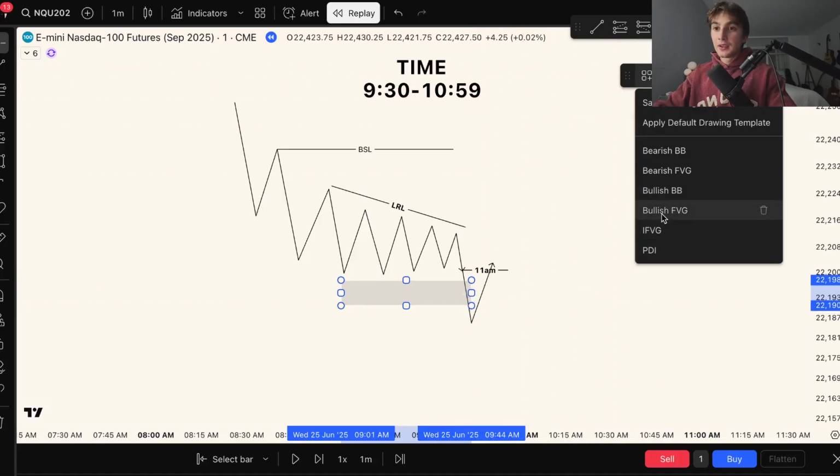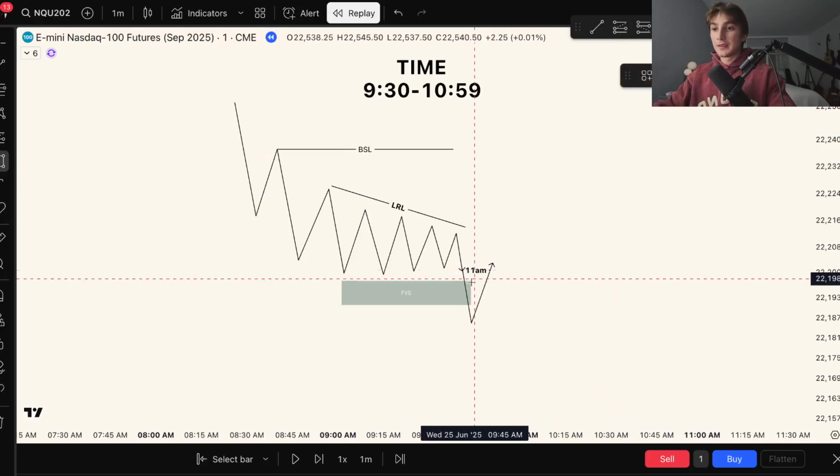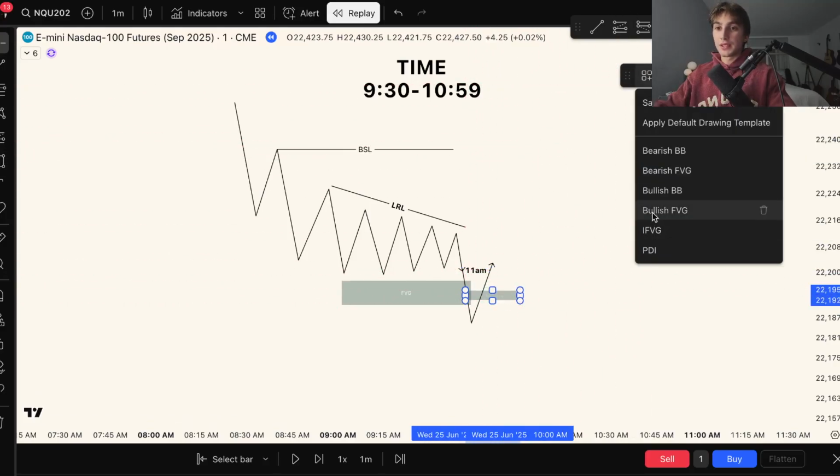And then you'll get that inversion and that PDI to the upside